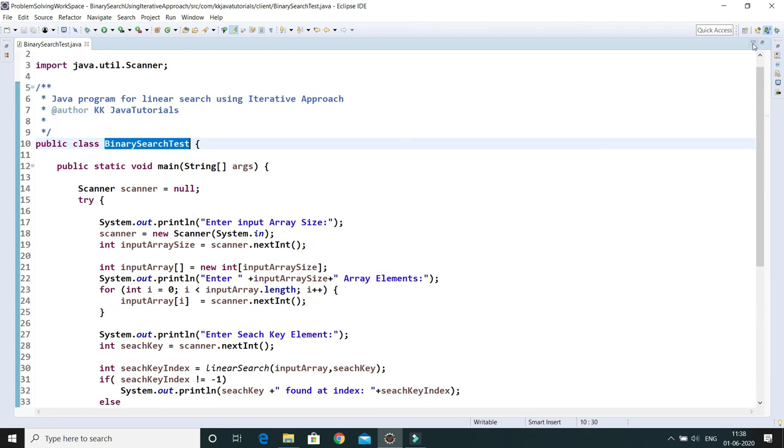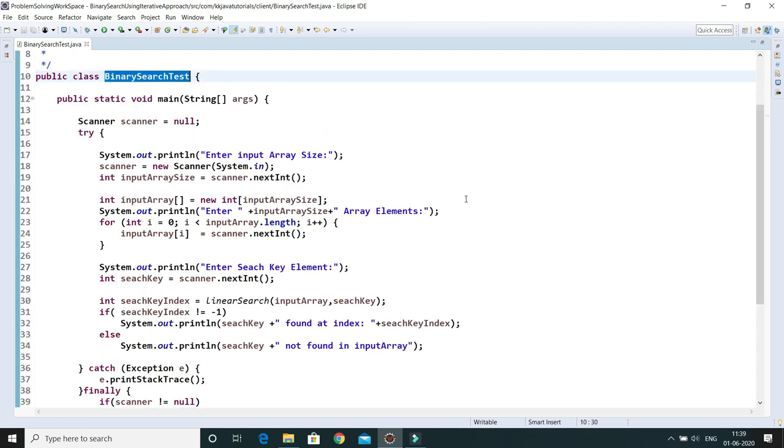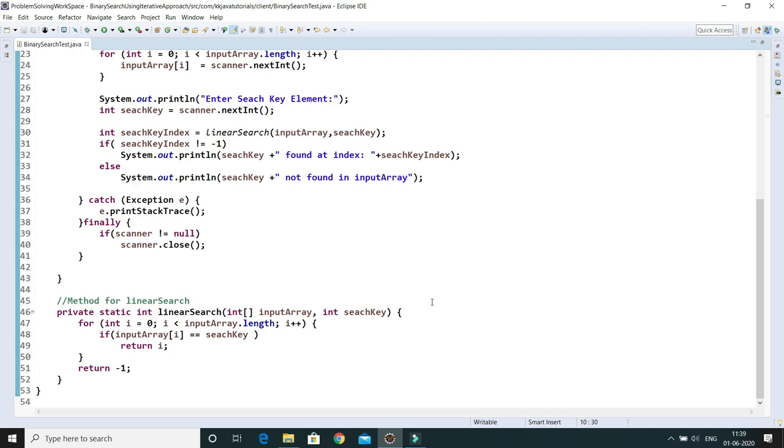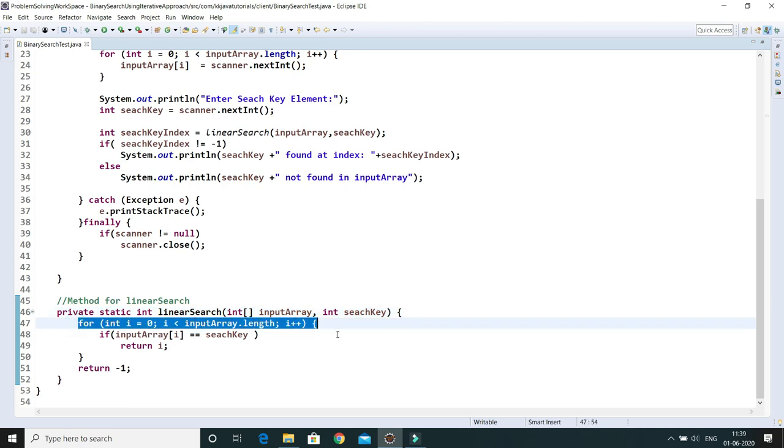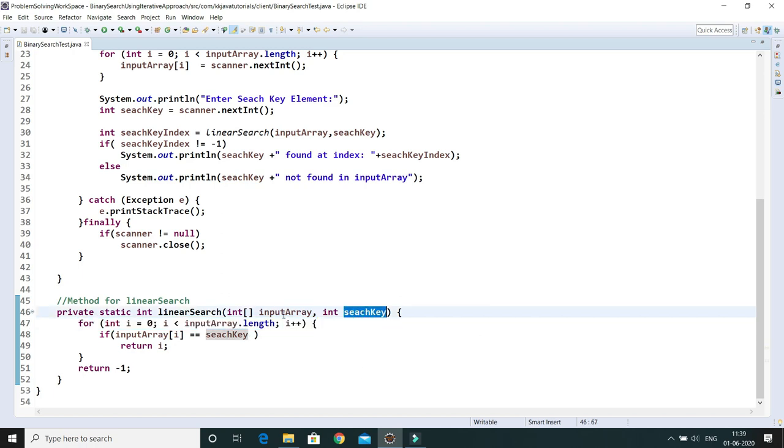So this class I want to change into binary search. In linear search, if your input size or array size is small, then this approach is good. As you know, in the earlier video we talked about linear search. Linear search always takes time complexity big O of n, because you have to scan through the entire array, and only then is there a chance to find the search key. As far as space complexity is concerned, it takes big O of 1, because only the search key has to be stored in a variable.